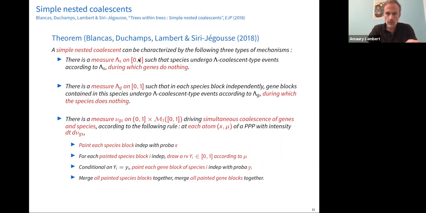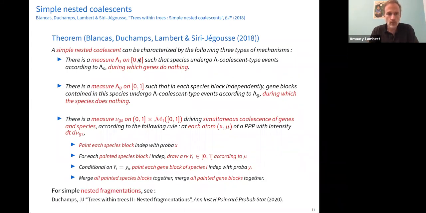We have studied a bunch of properties of this coalescent in this paper, and in two accompanying papers, part of the authors here and myself, and Emmanuel Schertzer and myself, have studied how these nested coalescents can come down from infinity, and I will say a word about that at the end of the lecture. Also note that Jean-Jil Duchamps, who has contributed a lot to this paper and was a PhD student until 9 months ago, who is now a maître de conférences at the University of Besançon, has also written another paper on nested fragmentations using quite different techniques.